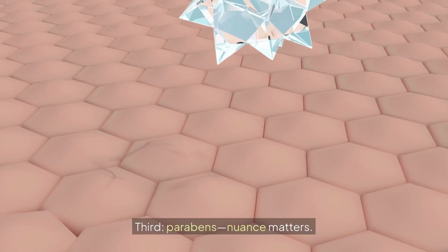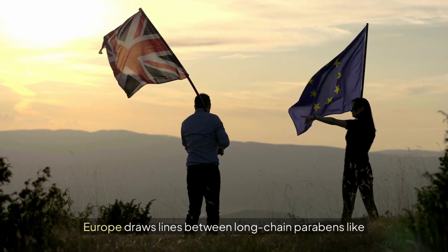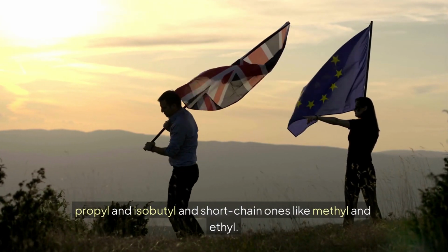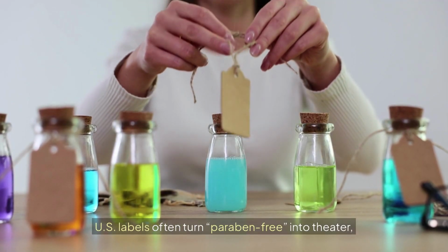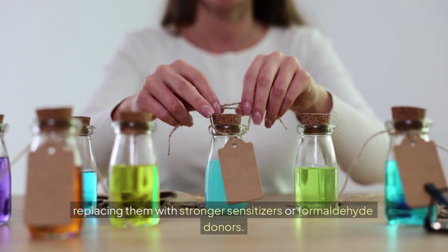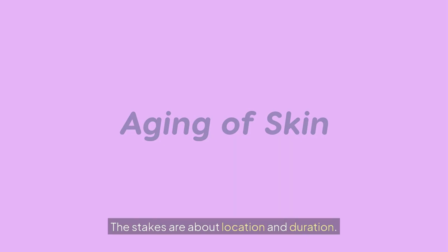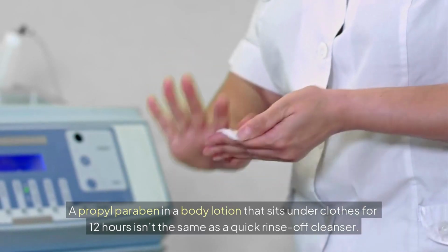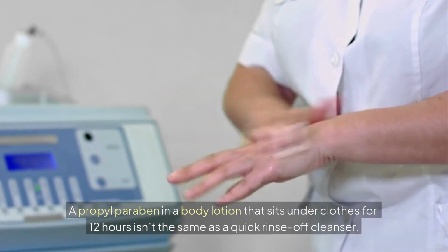Third, parabens, nuance matters. Europe draws lines between long-chain parabens like propyl and isobutyl and short-chain ones like methyl and ethyl. US labels often turn "paraben-free" into theater, replacing them with stronger sensitizers or formaldehyde donors. The stakes are about location and duration. A propylparaben in a body lotion that sits under clothes for 12 hours isn't the same as a quick